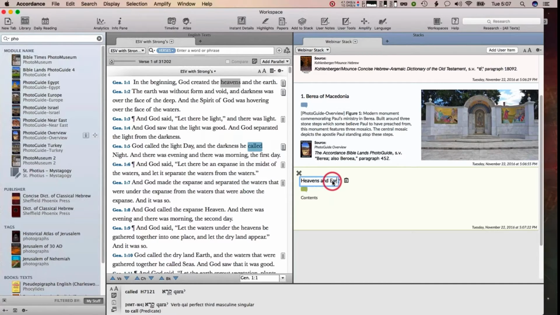Heavens and earth, and I can add a note to myself to Genesis 1, and then I can have contents here, whatever I want to. I can copy and paste from somewhere outside of Accordance, or type in my own information. So in the beginning is repeated in John 1:1. All right, and what I also want to point out is that whenever you're typing in your own information here,